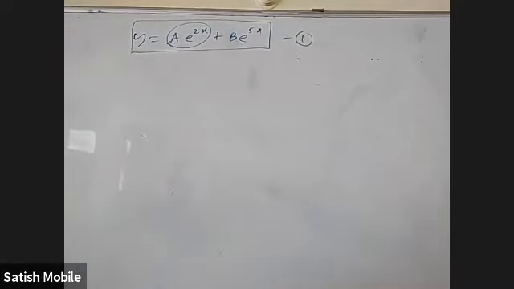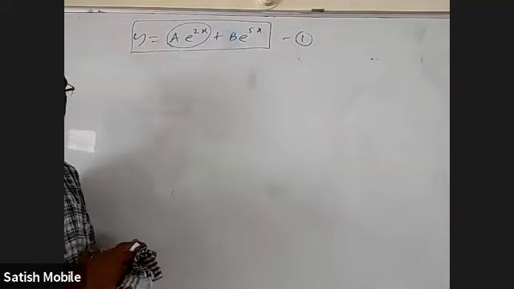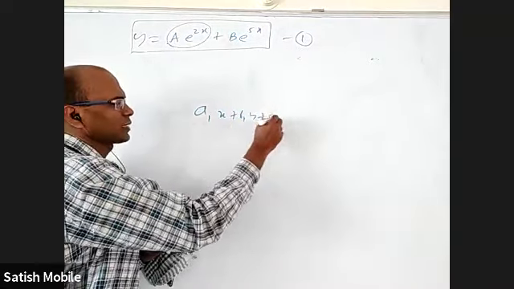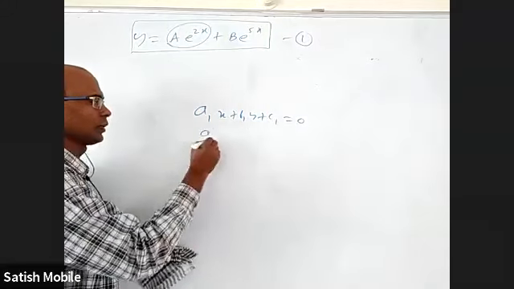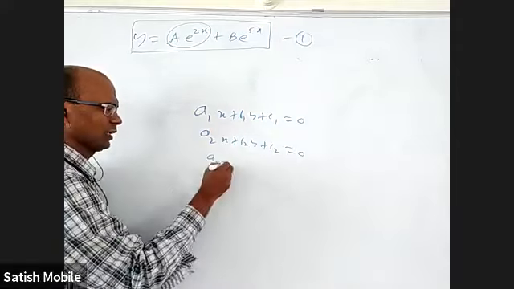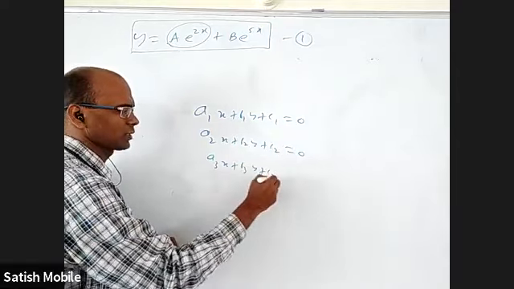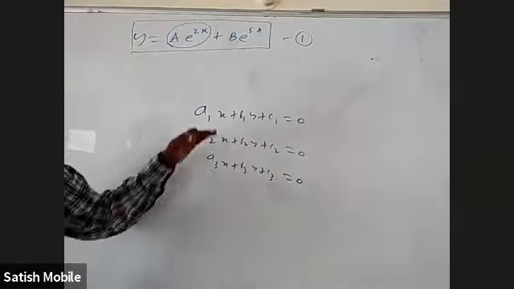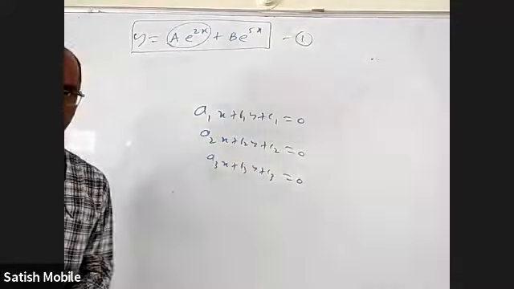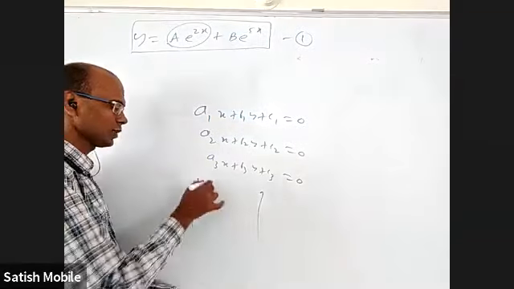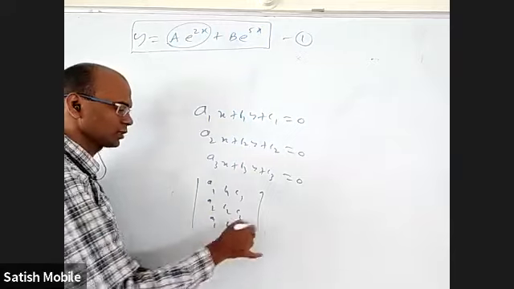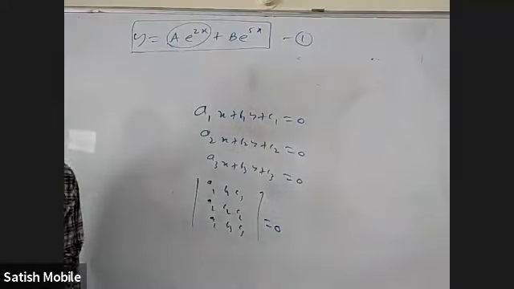Let me ask one question. Let us see if somebody can answer. A1x plus B1y plus C1 equal to 0. A2x plus B2y plus C2 equal to 0. A3x plus B3y plus C3 equal to 0. These are 3 lines, right? For them to be concurrent, that they should pass through one point, the condition is this determinant should be 0: A1, B1, C1, A2, B2, C2, A3, B3, C3. If it is 0, they are concurrent, right?